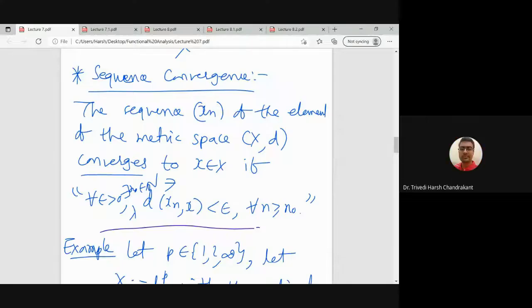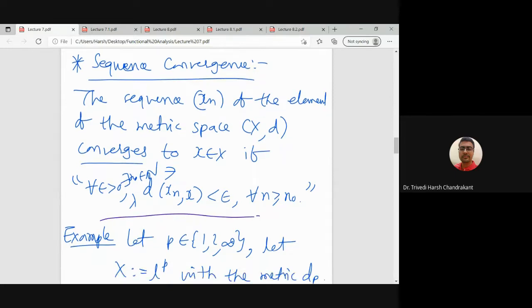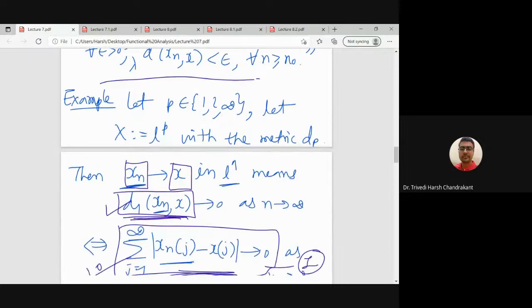Topic, which is inner product spaces. So in the previous lecture, we discussed the convergence of a sequence in metric space, and we discussed some examples